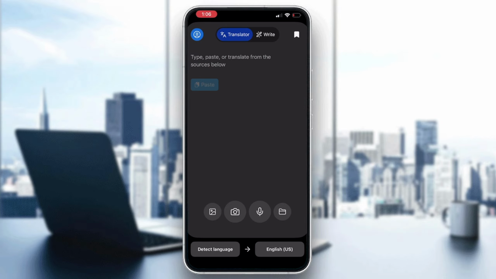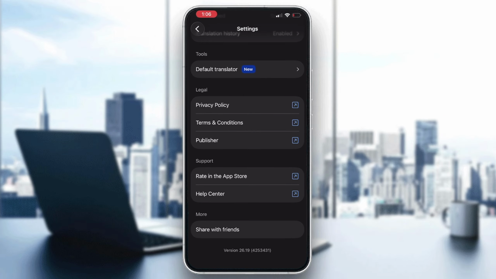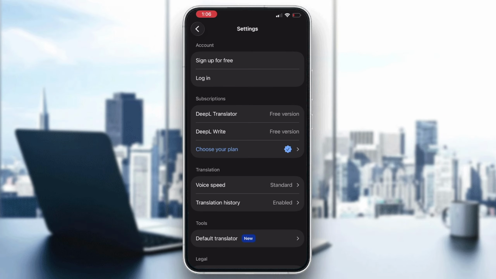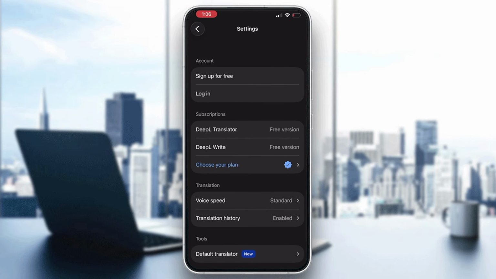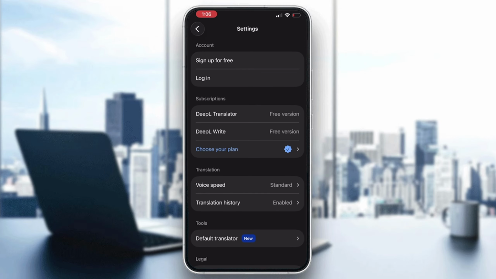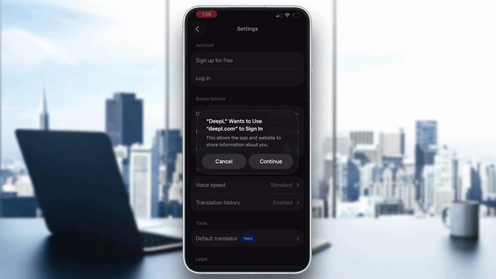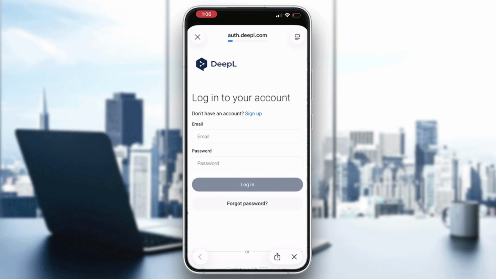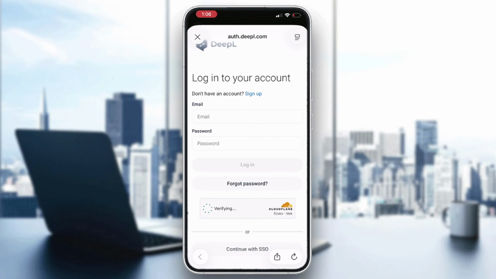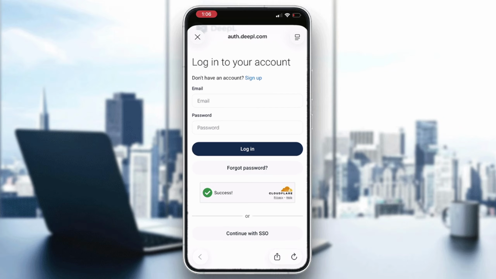Also guys, I really want you to reset your password, so if login keeps failing you will need to open the DeepL login page on the app. Let me just sign out to show you. Here you will need to tap on login in the account section, okay? It's the second option, and here you will need to go with forgot password, okay? It's under the login tab. So just tap it